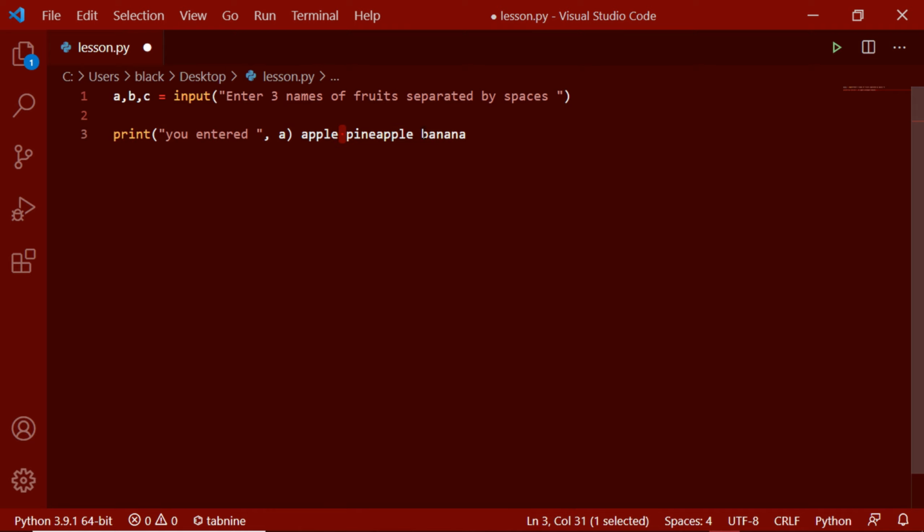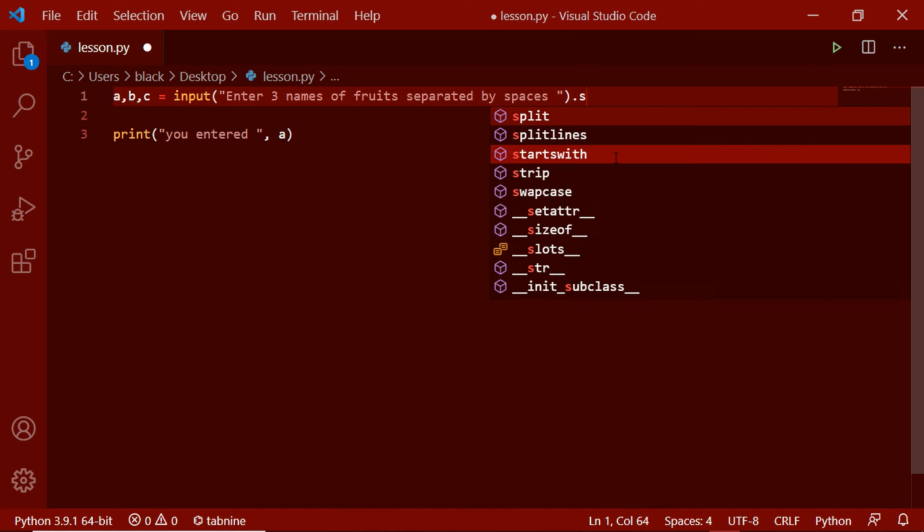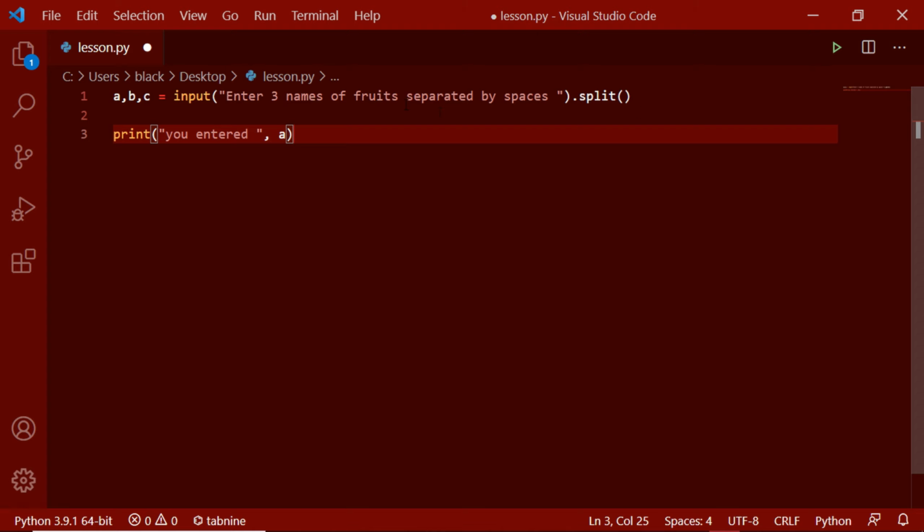Just like this, the user has to give these three inputs separated with spaces. And after that, there is another function that we are going to use. It is the split function. Here we give this split function, and after that the values that the user enters will be mapped into a, b, and c. Let's see how this will work.